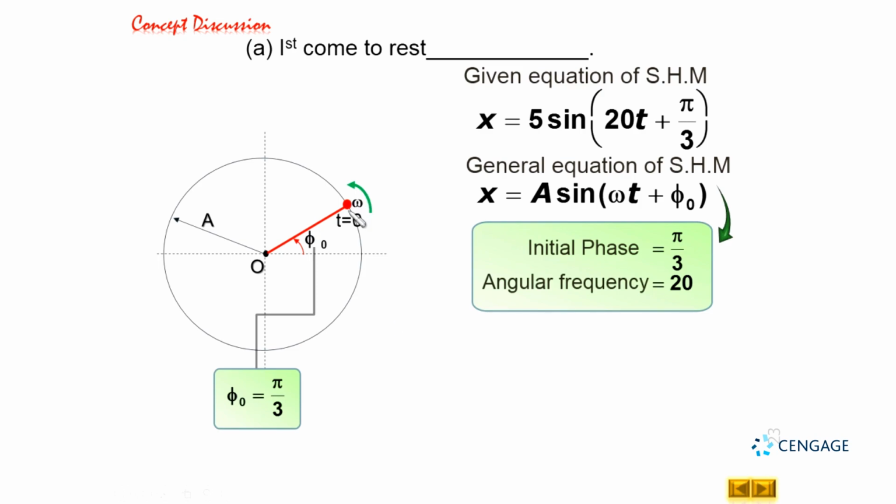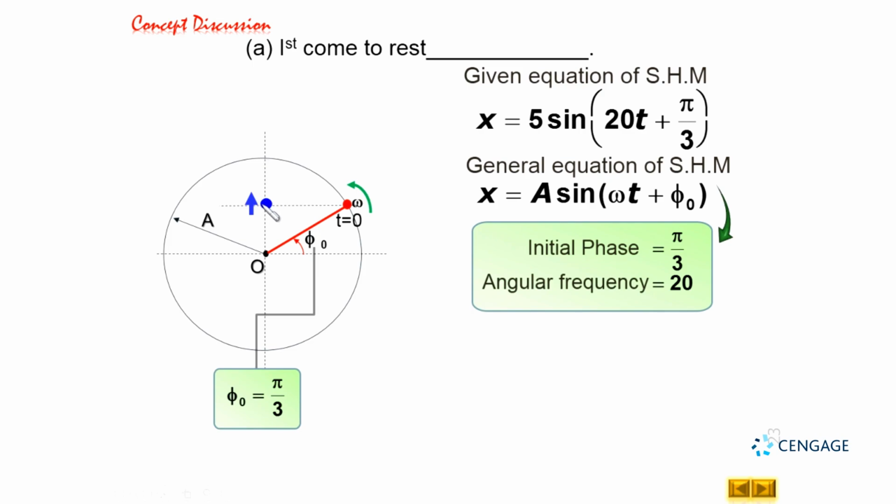Right? For finding the corresponding oscillating position of the point on the vertical diameter, we need to make the projection of this point on this line. This is the projected position. The particle will oscillate on the vertical diameter with the same angular frequency ω. So this is the position of the oscillating particle. You can observe this oscillating particle will come to rest when it reaches this position. You can follow the tip of my pen, that is the positive amplitude position, that is +a.